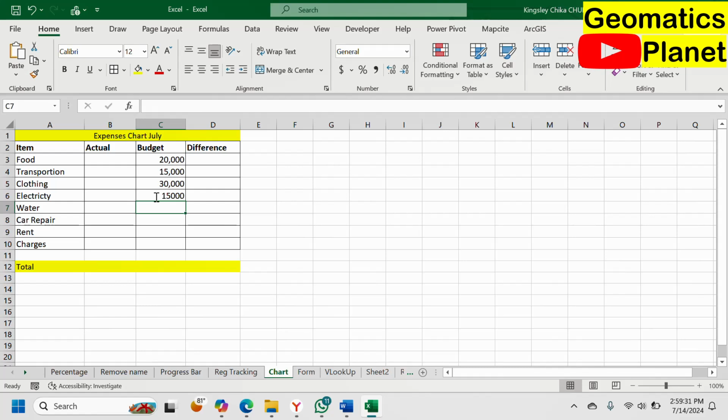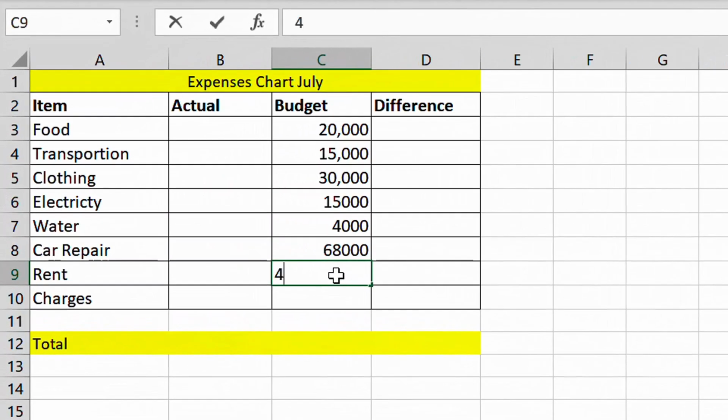I'm just going to put a random number here. Water, you are going to pay 4,000, and then you are going to pay for car repair. Let's make it 68,000. Then rent is going to be 45,000, and charges and other expenses are going to be like 23,000. Now this is what you budgeted, but at the end of the day, you